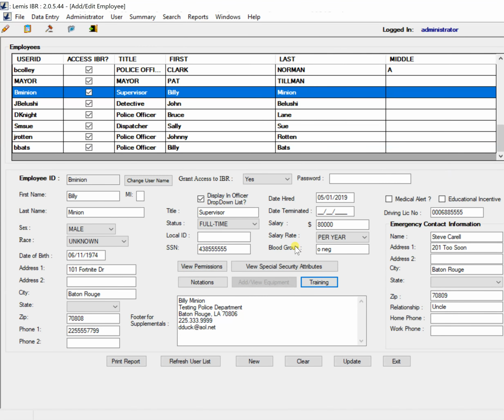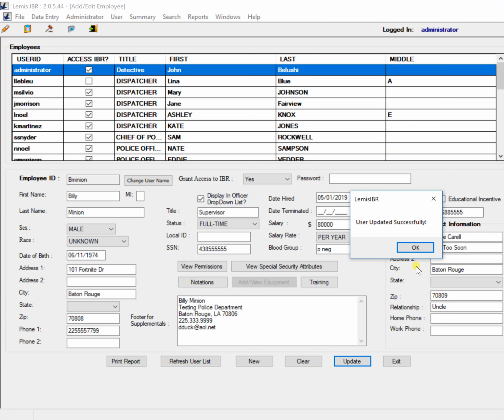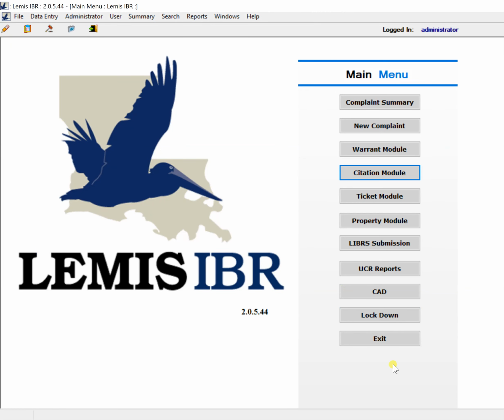Also note, for the footer, you put the employee's information in, their name, the department they work in, their phone number, their email address, and it can be used as a footer when signing off on reports. Let's click Update and then exit. Back to the administrator drop-down list,